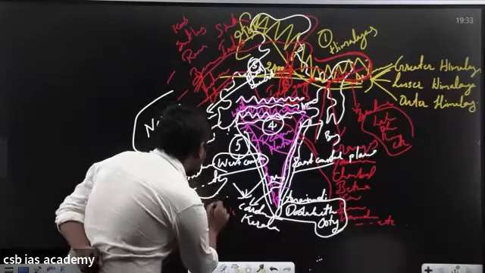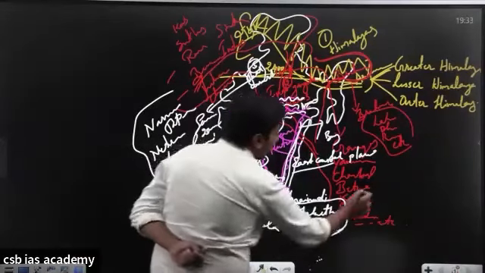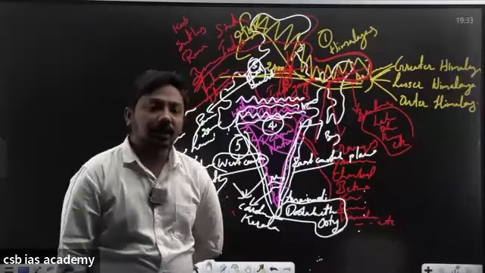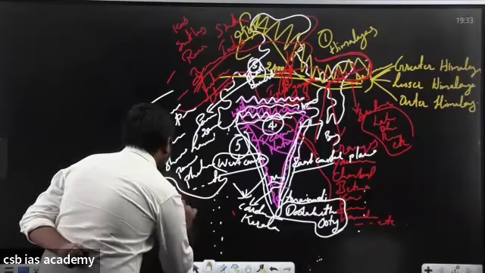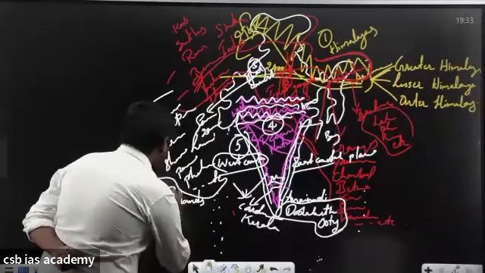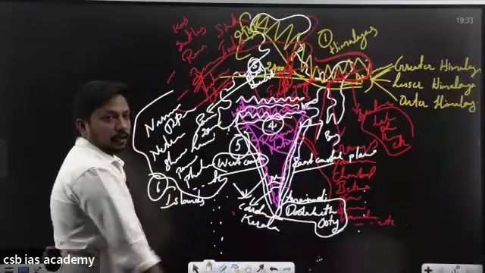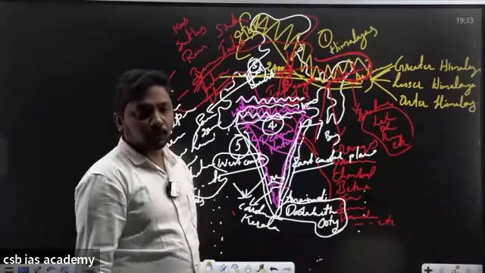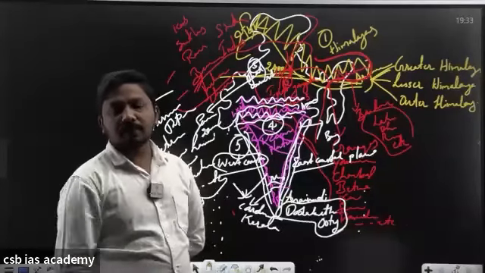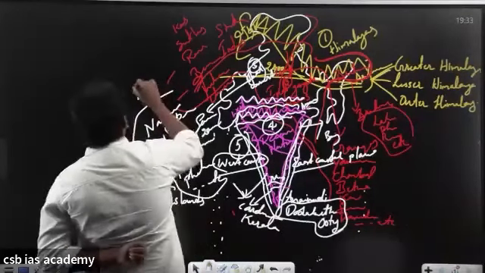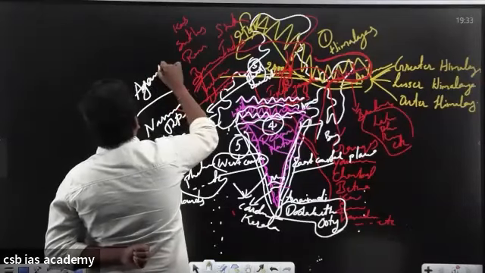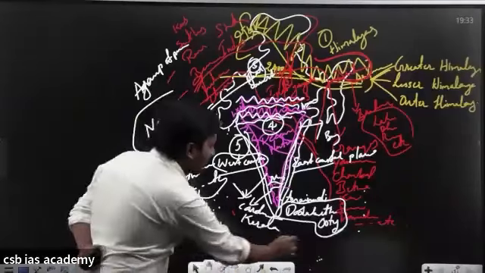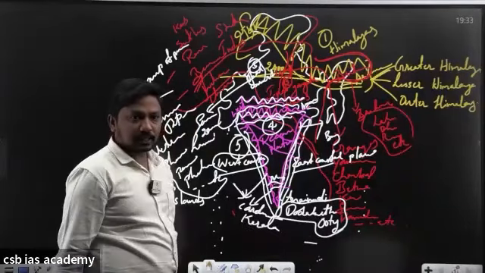Now, let us discuss the sixth most important physiographic division of our country, which is islands. Do you know how many groups of islands we have? What is an archipelago? Yes, a group of islands. An archipelago is a group of islands like Andaman and Nicobar Islands and Lakshadweep Islands, right?